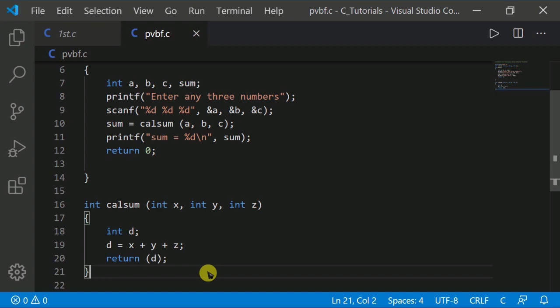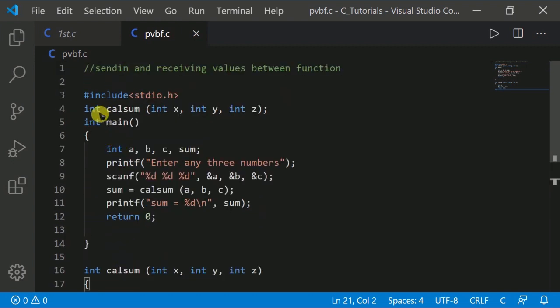Instead of using different variable names x, y and z, we could have used the same variable names a, b and c, but the compiler would still treat them as different variables since they are in different functions. In the function prototype of calsum, instead of the usual void we are using int, and this indicates that calsum is going to return a value of type int, as in int calsum(int x, int y, int z).